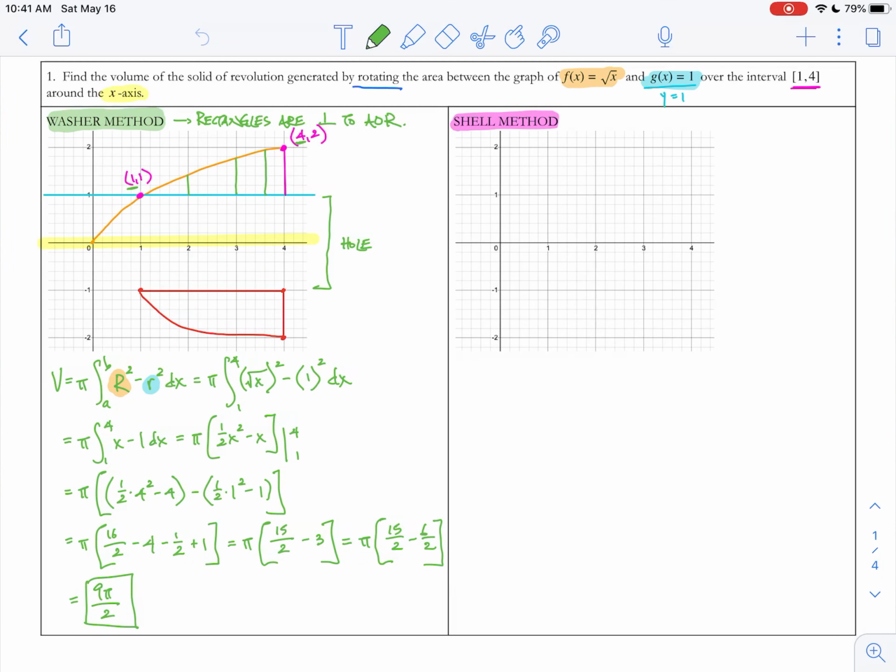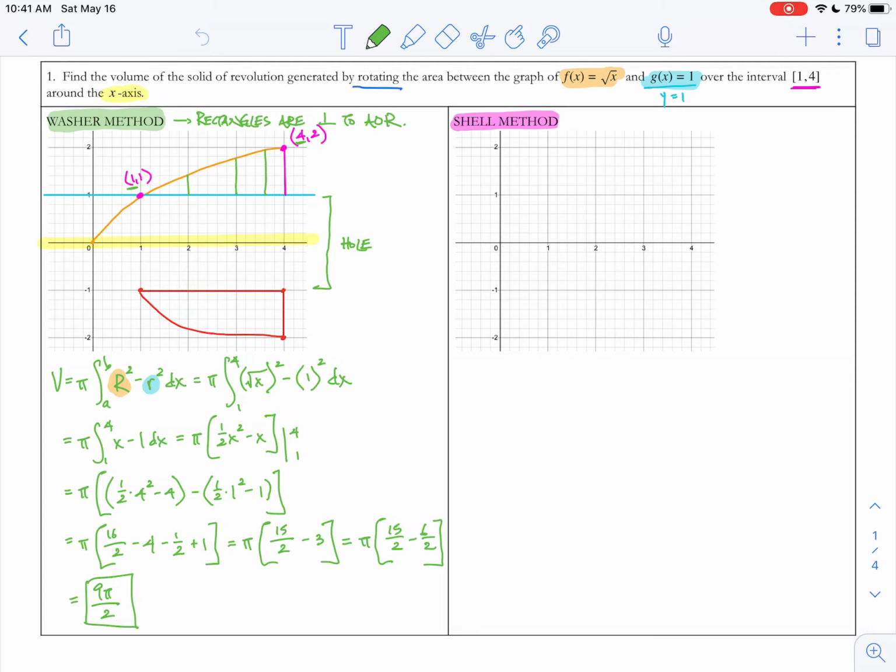Hi folks, welcome back to the 6.3 practice. We're going to take a look at question number 1 again from a different lens. Same question we saw in video number 1. We know what our answer is, 9 pi over 2, but this time we're going to take a look at